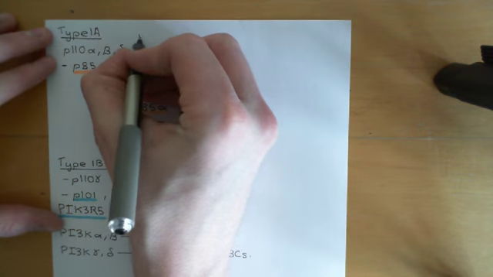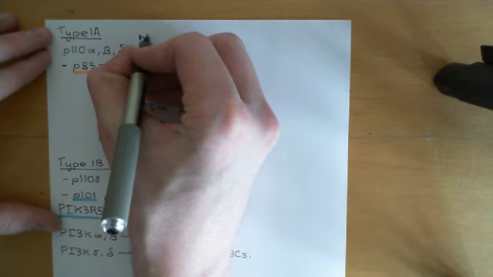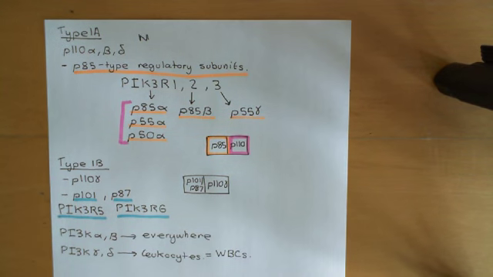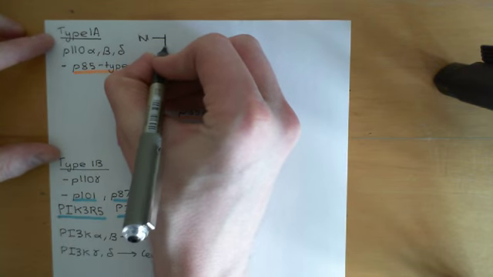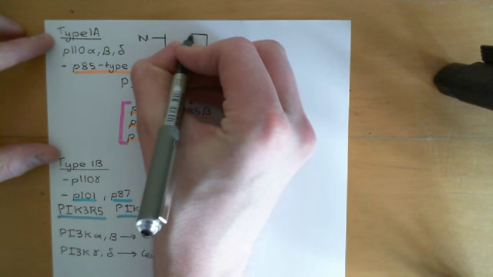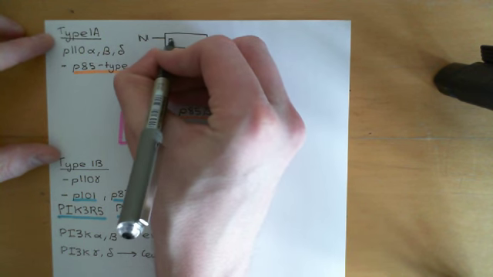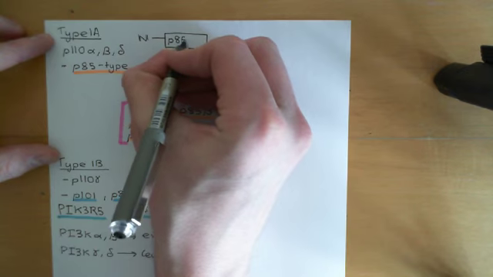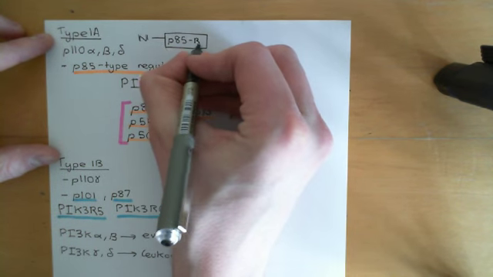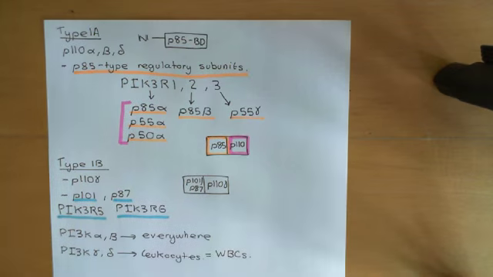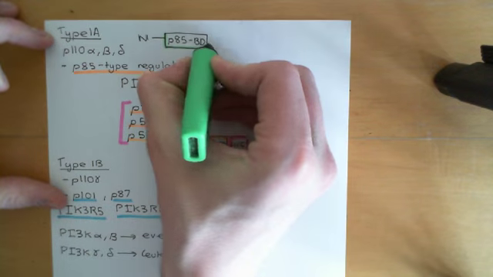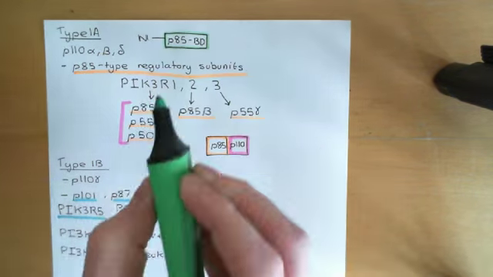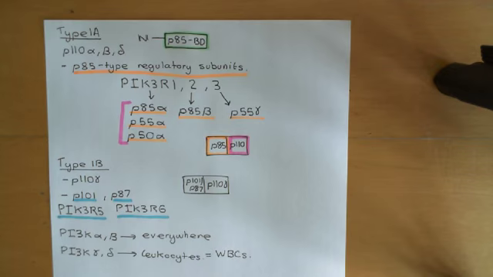Okay, so for now, here is the amino terminus of the P110 alpha, beta, or delta protein. The first important domain that you have in the protein is what's known as a P85 binding domain, and this is the domain which is used to bind to the P85 type regulatory subunit. So this for short is just abbreviated to P85BD for P85 binding domain. I'll show you the portion on the P85 type regulatory subunit later that actually binds to that P85